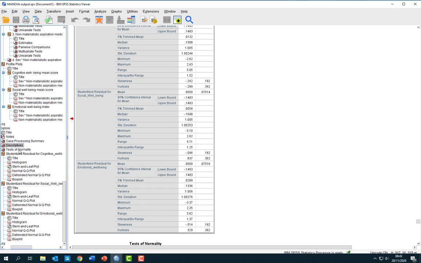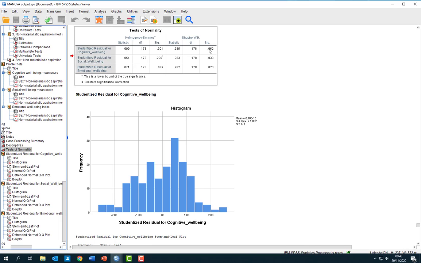And if we look at the test of normality, okay, the first one's fine. The other two are coming back as statistically significant, so significantly different from a perfect normal distribution. But that could be because of the size of the sample that we have. These are incredibly sensitive when we have larger sample sizes, so over 100 in particular.